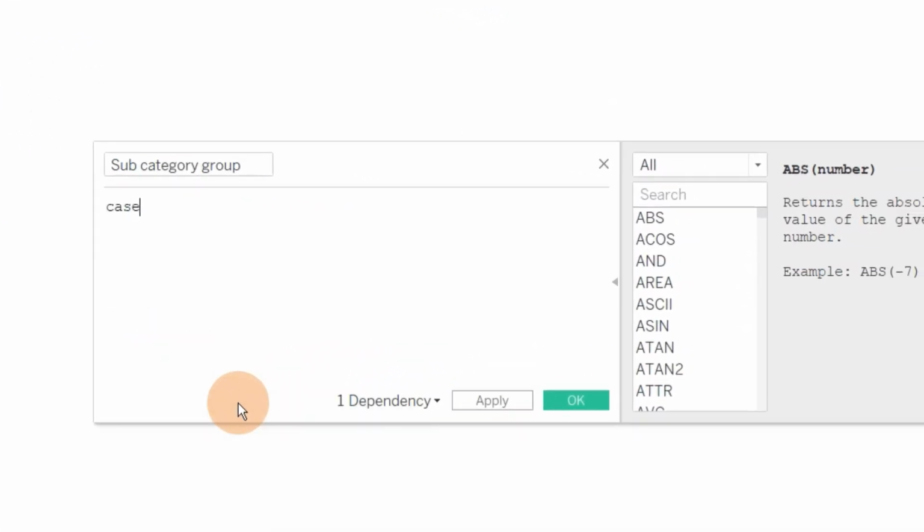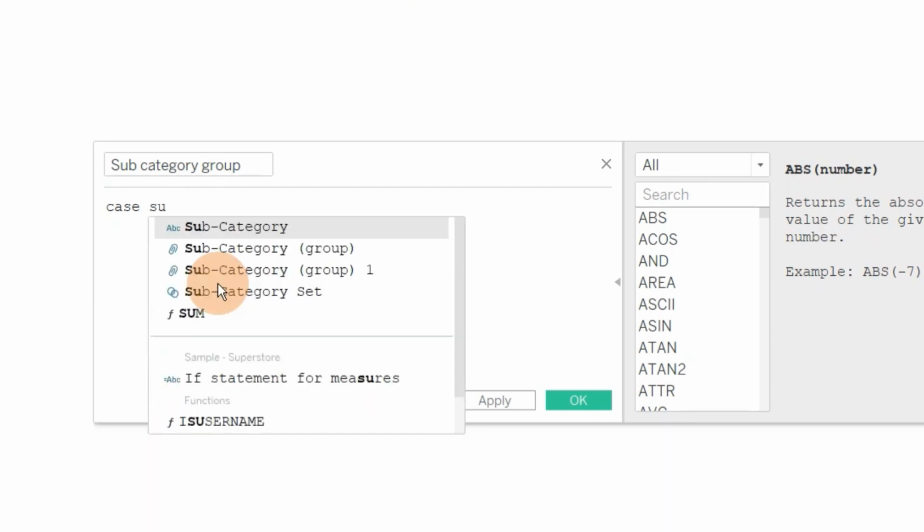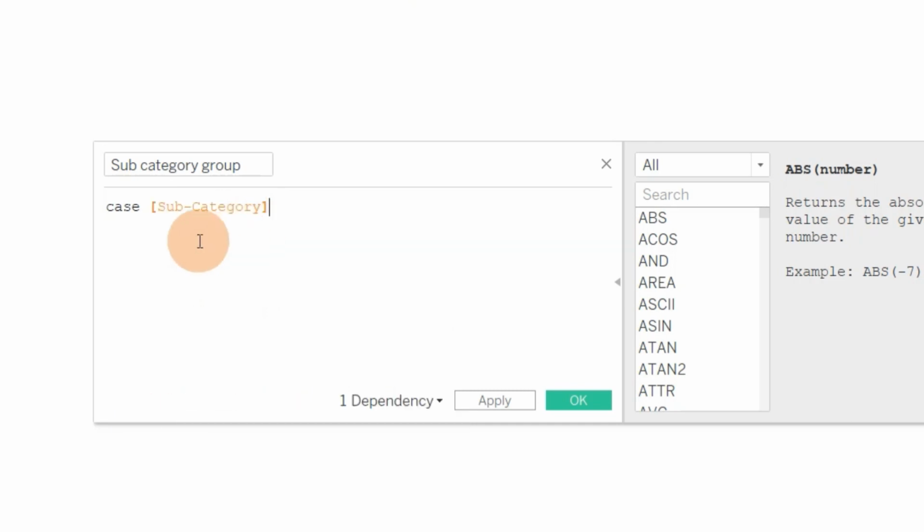So let's start our case statement here. Case. Now, where do I want to make my changes? I want to make my changes in the subcategory field, so I will select my subcategory here.